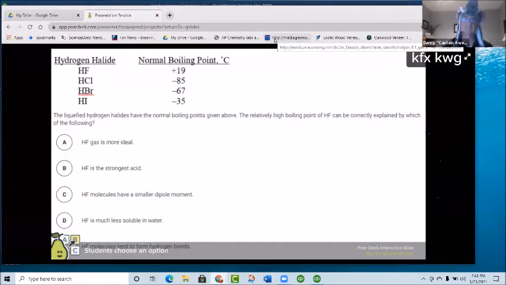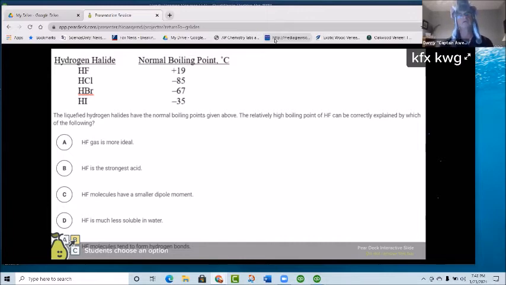So some of y'all said C. HF molecules have a smaller dipole moment. That's a fancy way of saying they're less polar, or their dipole forces are not as strong. That's what C is saying. They have a smaller dipole moment, which means they're not as polar. Well, if that was true, you'd expect the boiling point to be lower than the other ones, not higher than